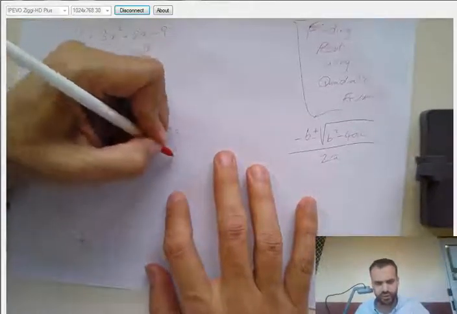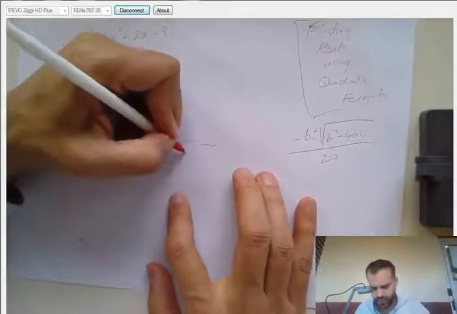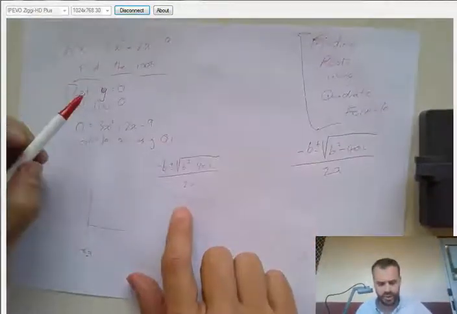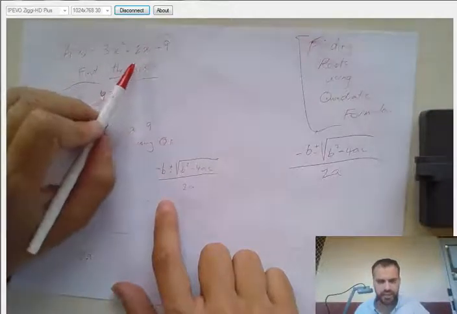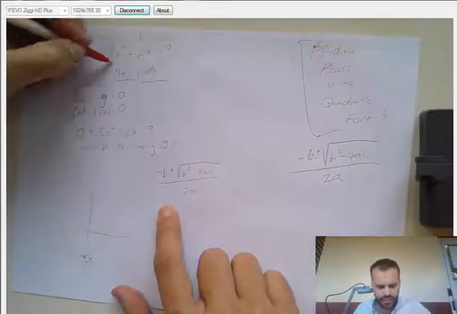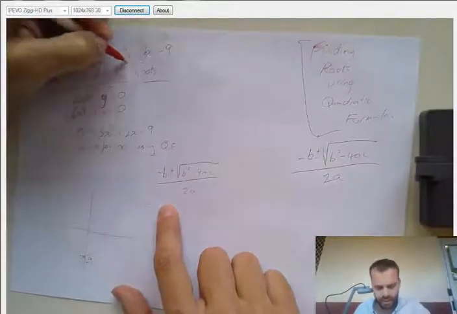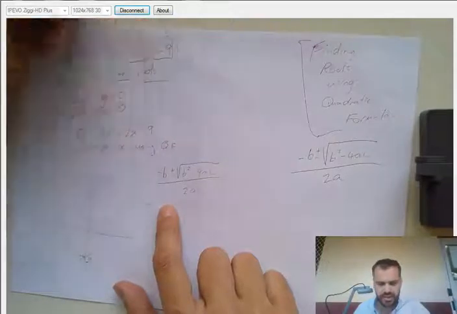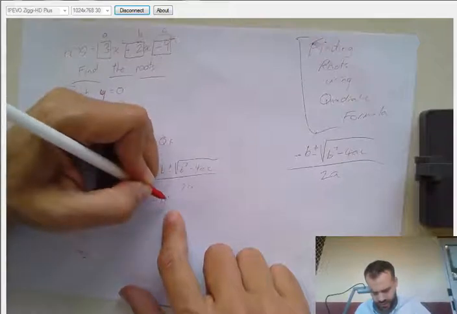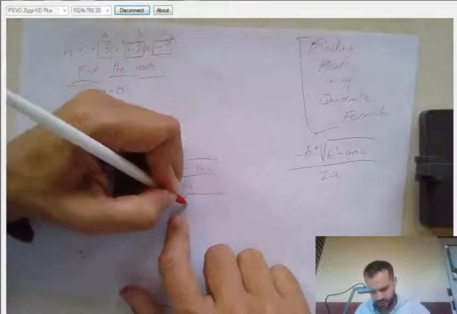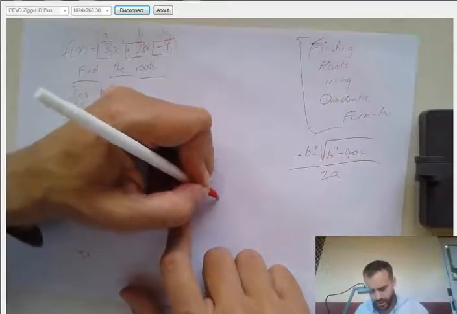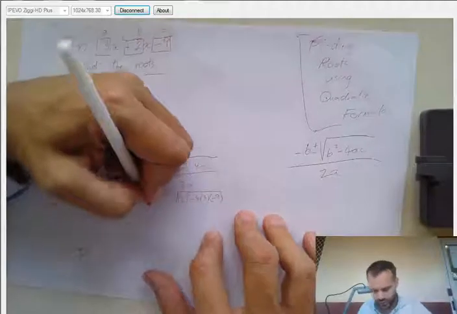So the quadratic formula again, negative b plus or minus the square root of b squared minus 4ac, all over 2a. Put in my b, a, and c values. This is my a value, this is my b value, this is my c value. Important to note the a value is positive 3, the b value is positive 2, and the c value is negative 9. So, negative 2 plus or minus the square root of 2 squared minus 4 times 3 times negative 9, all over